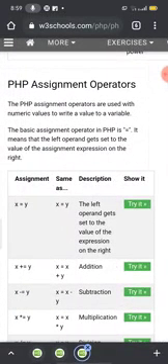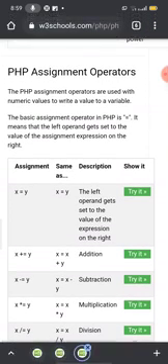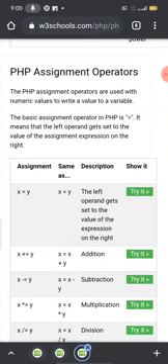So students, today we have learned two things, that is PHP arithmetic operators and PHP assignment operators. These are all very important operators from the exam point of view, and in a programming language you use these operators very much. So remember, this is a very easy topic. Use it in your daily use. Whenever you write a program, use it properly. Okay, everyone.